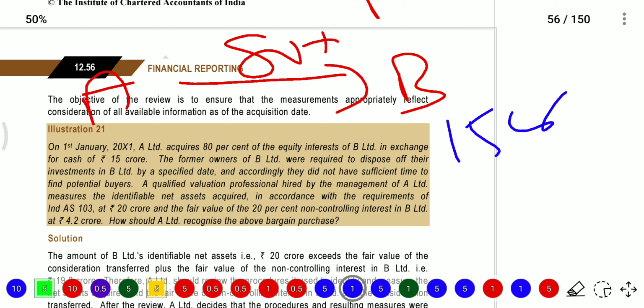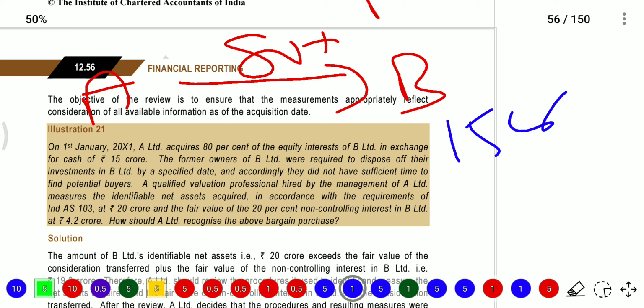The former owners of B Limited were required to dispose of their investment in B Limited by a specified date, and accordingly they did not have sufficient time to find potential buyers. A qualified valuation professional hired by the management of A Limited measures the identifiable net assets acquired in accordance with the requirements of Ind AS 103 at 20 crores,